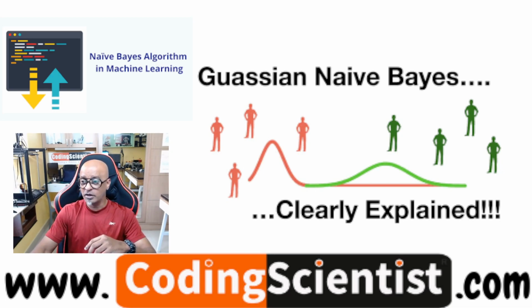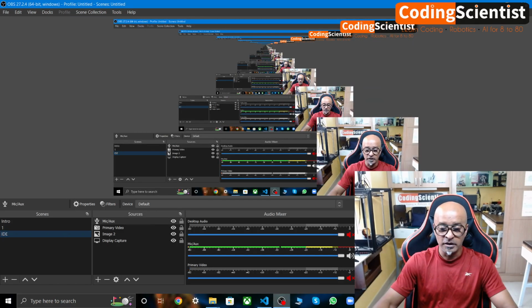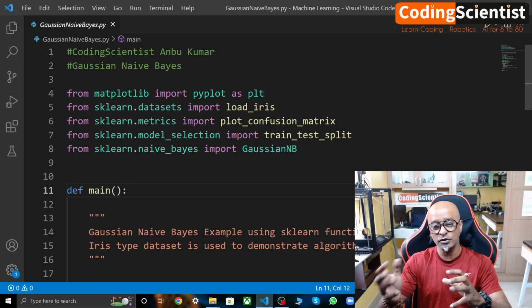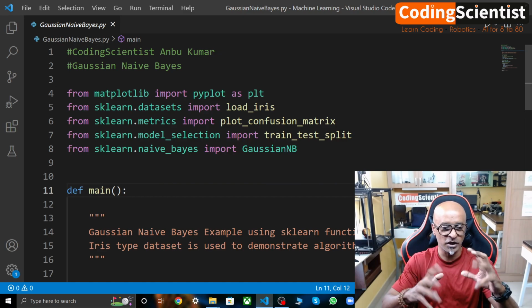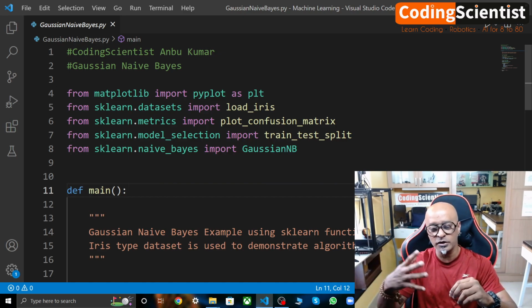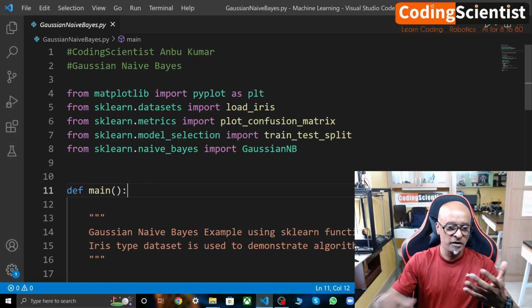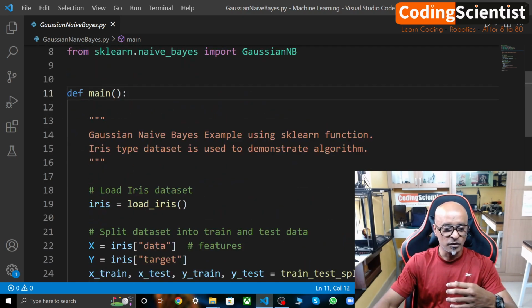Anyways, guys, I'm going to show you the Python script for executing the Naïve Bayes algorithm, and it's a pretty comprehensive script. So what's going to happen is, let me open up my Visual Studio IDE, and there you go. So basically in this code we are going to use matplotlib. Basically this is going to open up the chart and show you the confusion matrix, based on the data you plot in, right? And then scikit-learn,